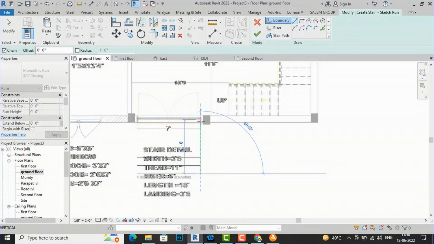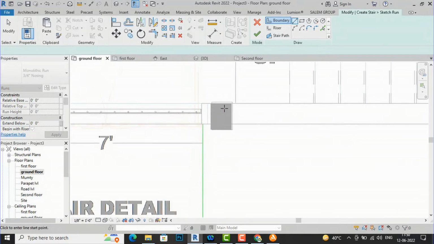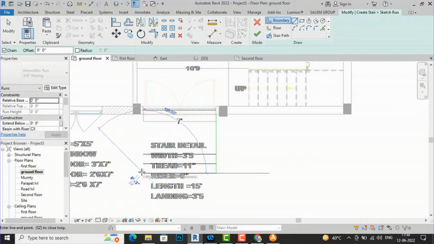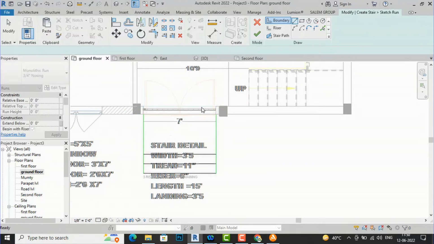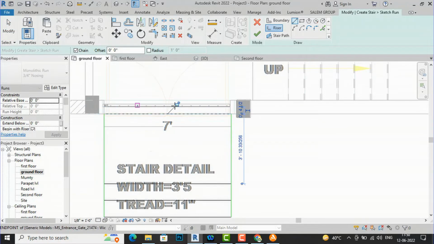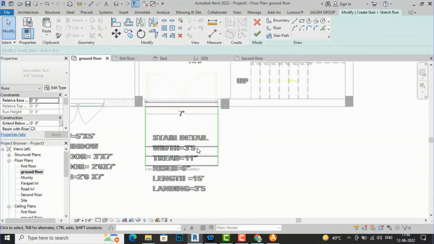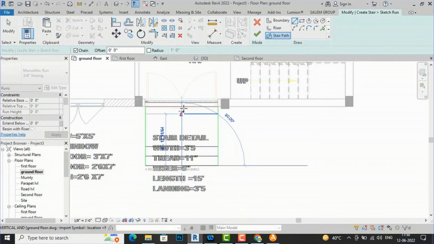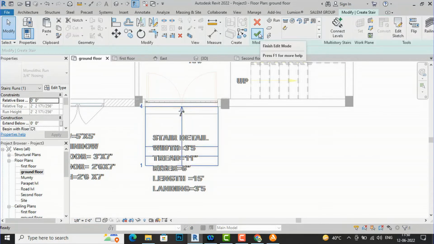So we'll create boundary and another boundary here. You are required to draw another riser here to create landing, and then in the last you are required to define a stair path. So I will draw a stair path here, and now I'm going to finish this,